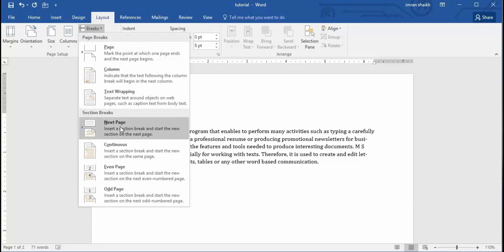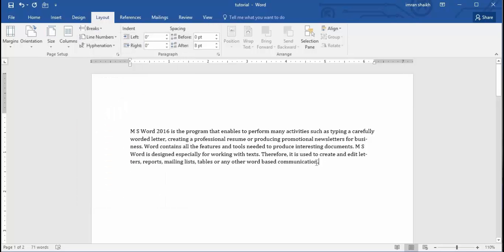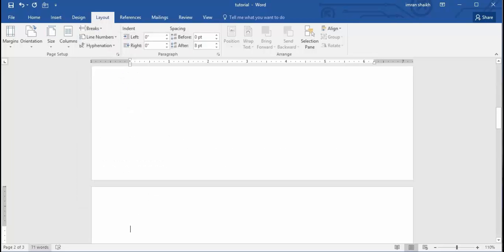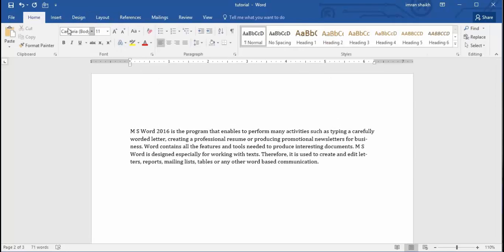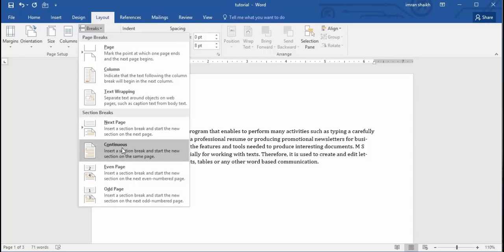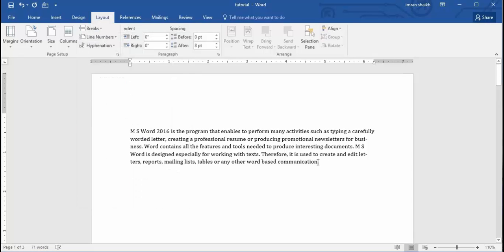And the next page option. Now I am at the end of the paragraph. If I go to breaks and click on next page, it will take me to the second page. You can see right now I am on my second page. Then there is the continuous option. Right now I am on the last line of my paragraph. If you click on breaks and then click on continuous, then